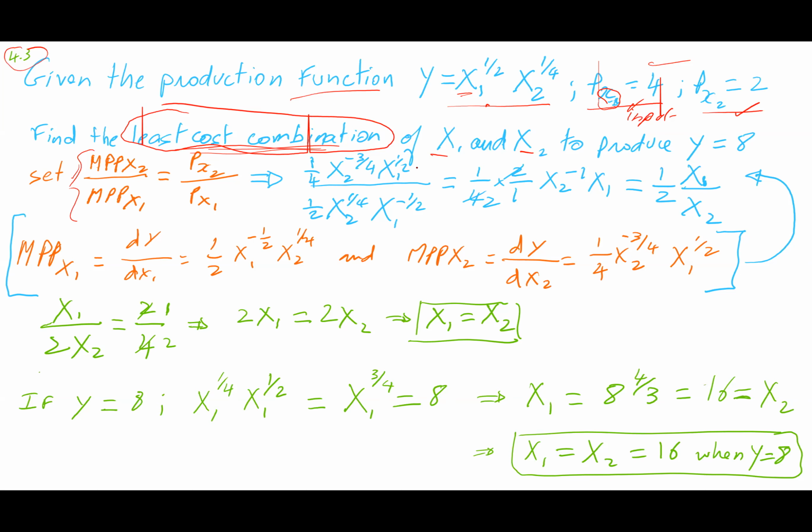And so you take the derivative with respect to x2 divided by the derivative with respect to x1, and you equate it to the ratio of prices. Basically, it's equal to 2 divided by 4,